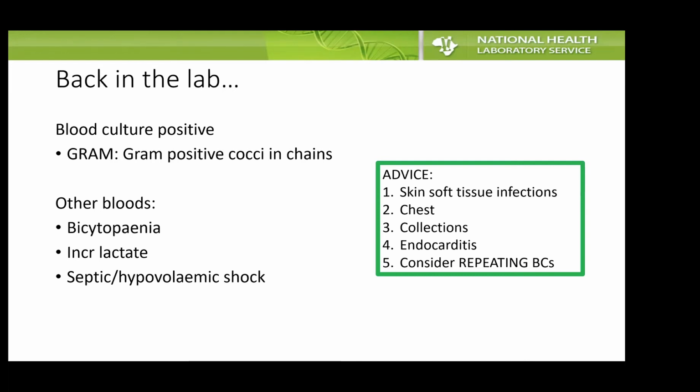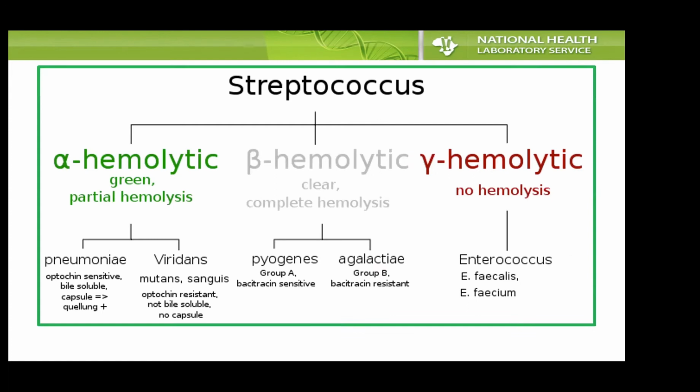In addition, the patient was also noted to have a bicytopenia and actually presented with a lactate of 14 on admission. So based on our gram stain, we thought that it might be a streptococcus, and streptococci can largely be